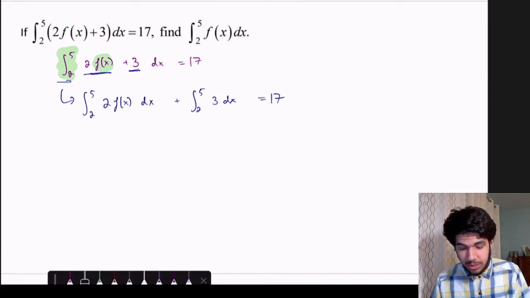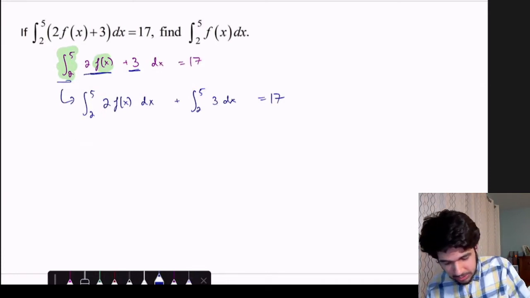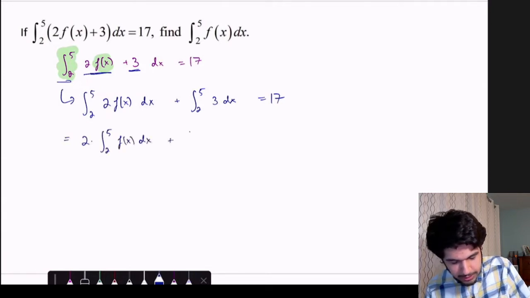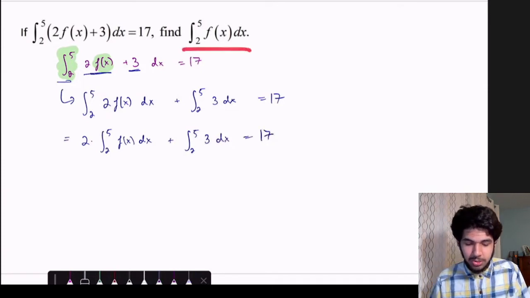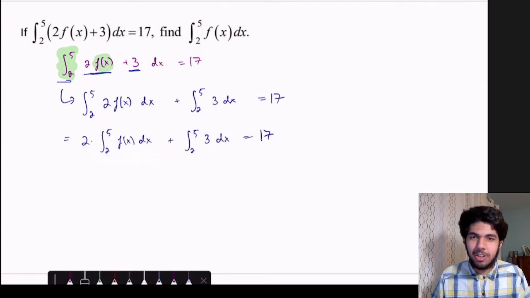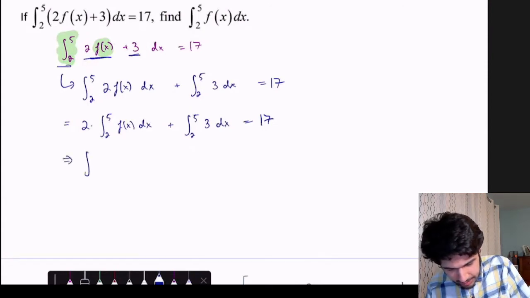And similarly, within your integral, if you have a constant, we can just bring that out. So this will be equal to 2 times the integral from 2 to 5 of f of x dx plus the integral from 2 to 5 of 3 dx, and that equals 17. And hey, this is what we're trying to look for, and it's right there. So let's treat this as one massive variable and solve for it. So this is saying that the integral from 2 to 5 of f of x dx is going to be equal to